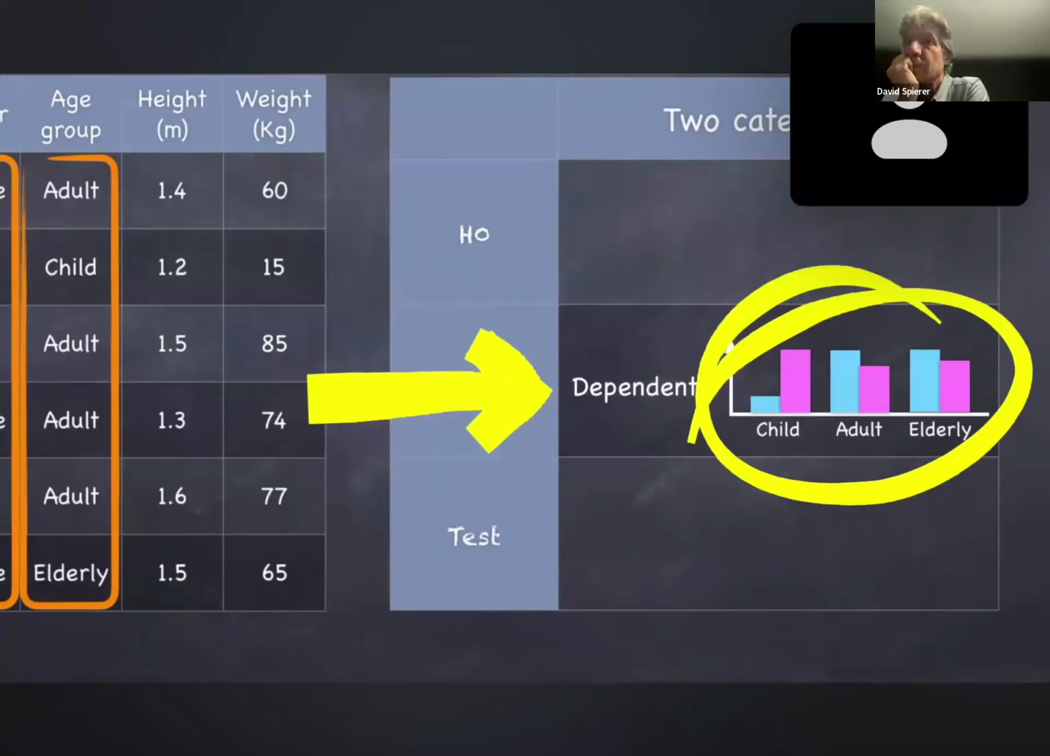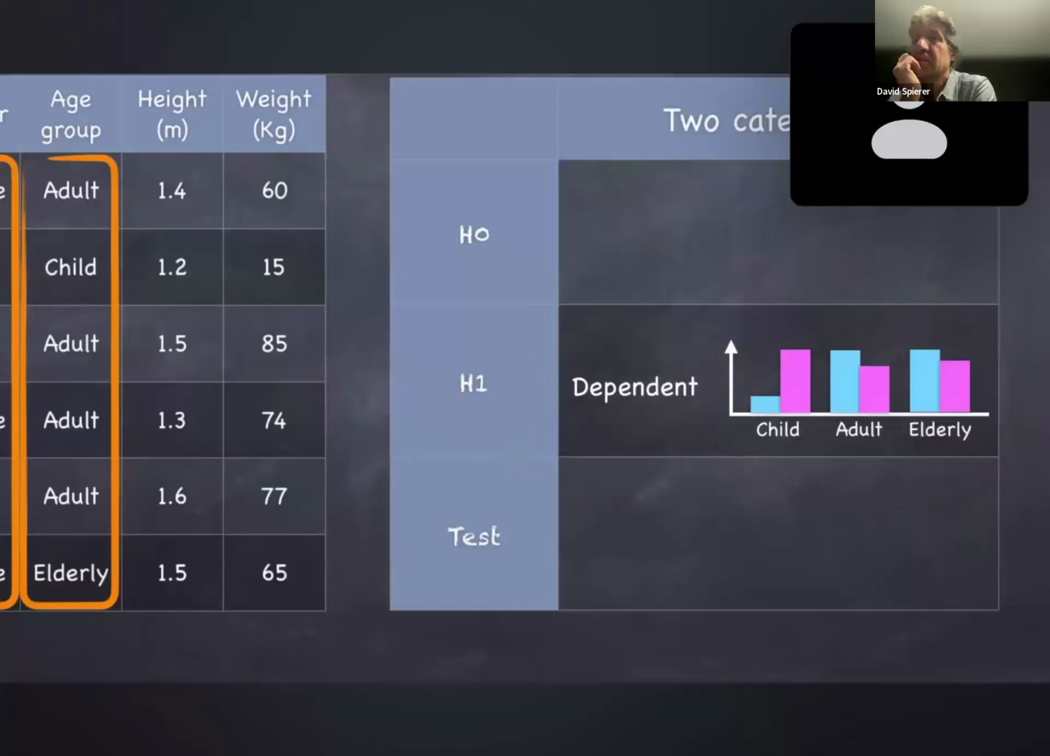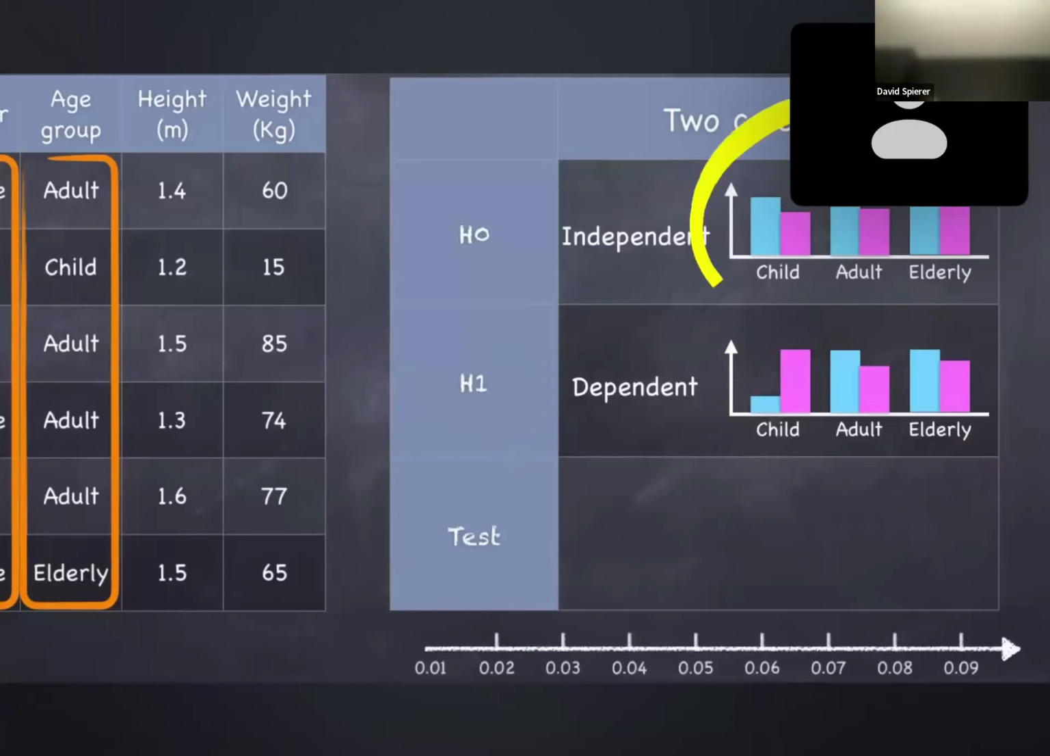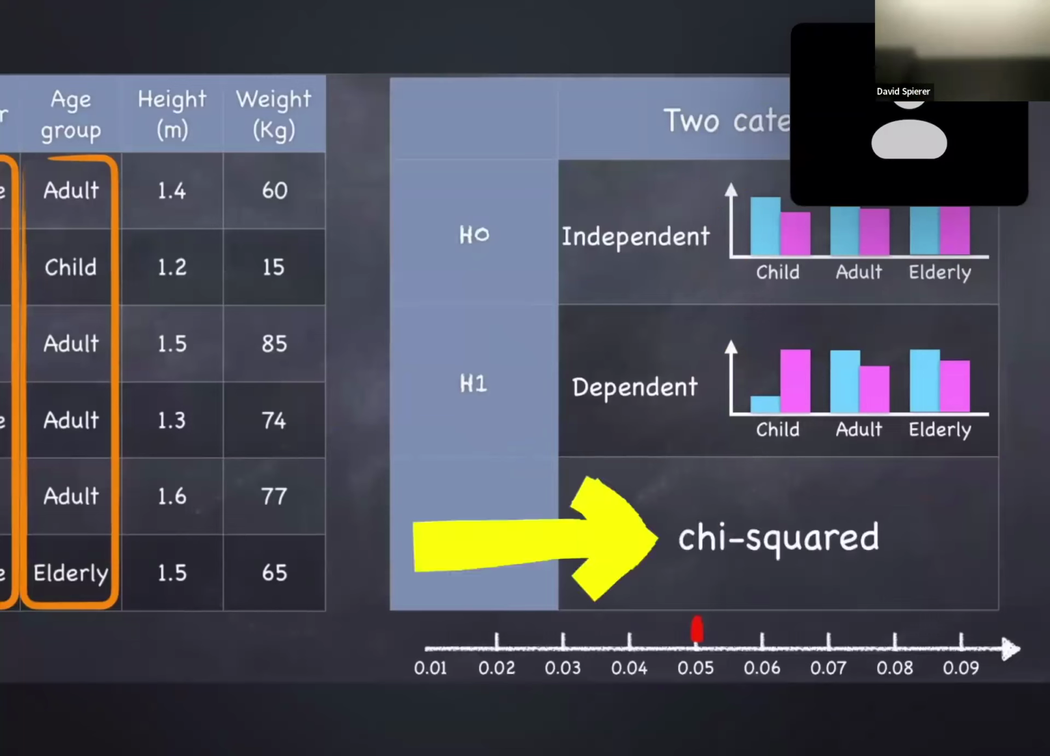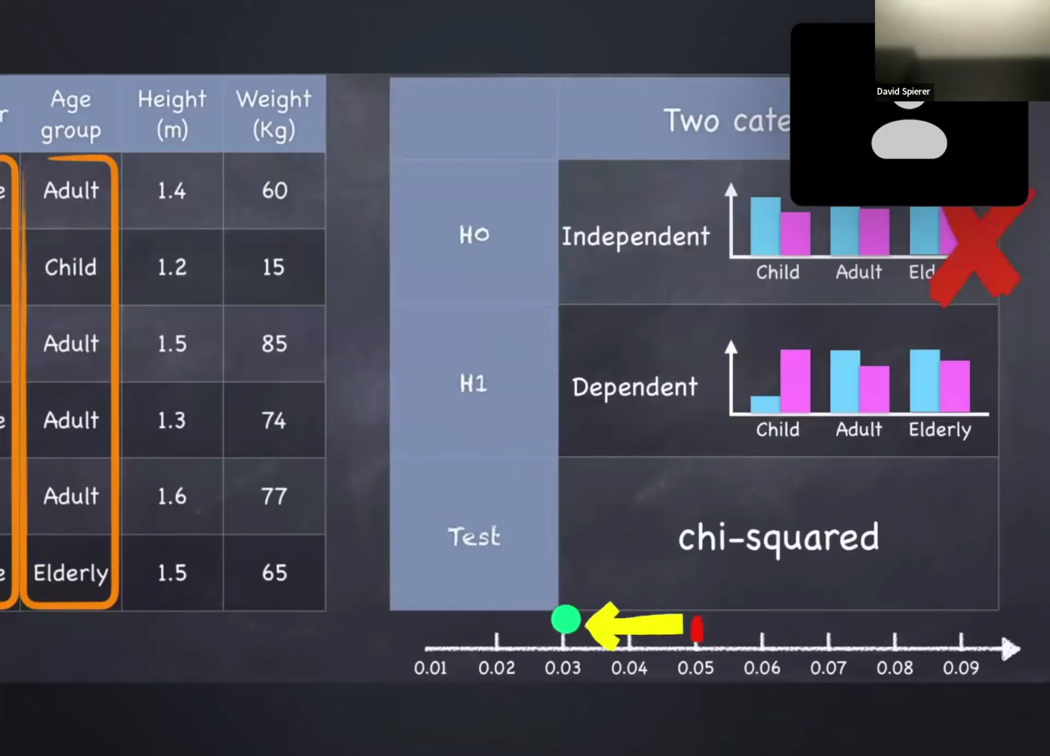In other words, in our sample data, the proportions are dependent on age category. Now, is that due to chance? Well, let's test the idea that the proportions are all the same, or that they are independent of age category. That's our null hypothesis. Now here we can conduct a chi-squared test, and that gives us a p-value. And if the p-value is less than the alpha, we can reject the null hypothesis and state that our observation